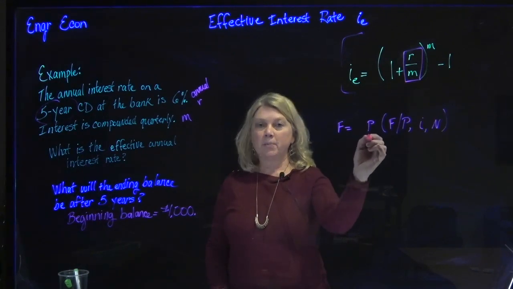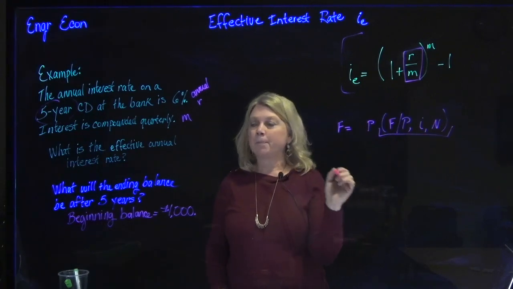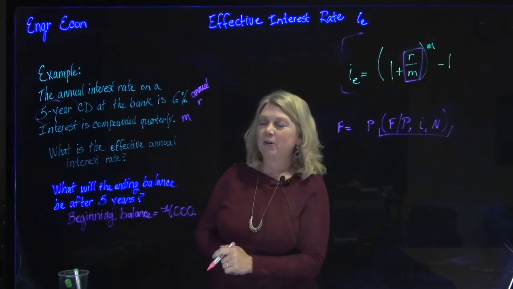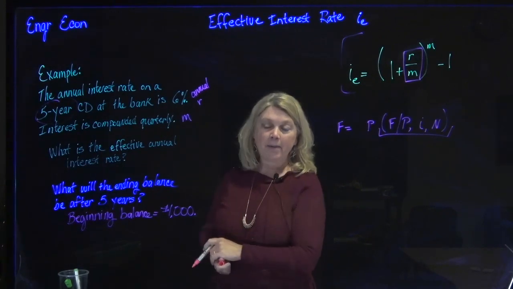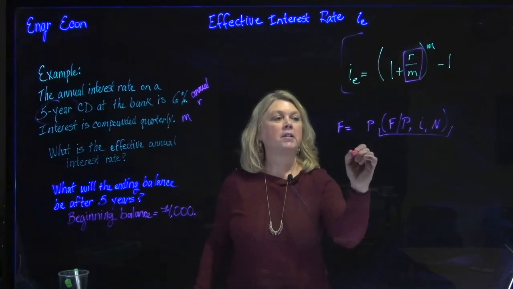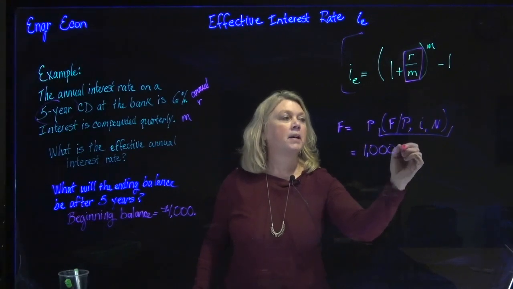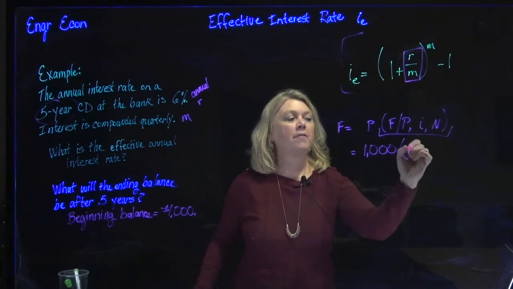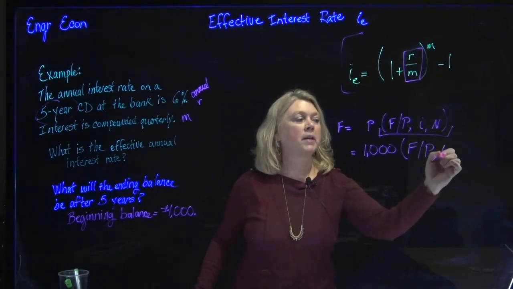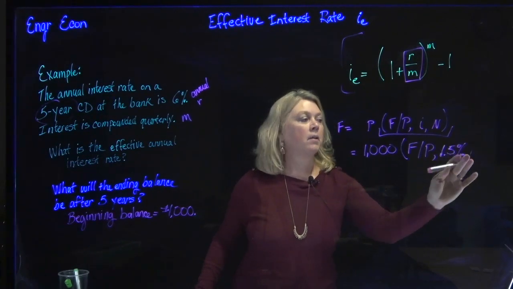Future value equals present value times the factor from an interest table, right? And so I forgot, you needed to know a beginning balance to this CD that we're putting in at the bank. Let's say the beginning balance of the present value is $1,000. So P equals 1,000 times, in functional notation, the F/P factor at 1.5% on that interest table